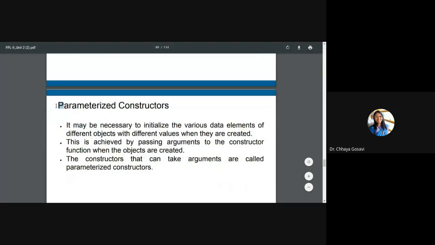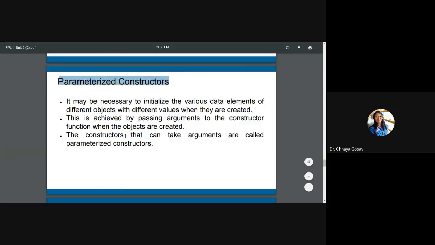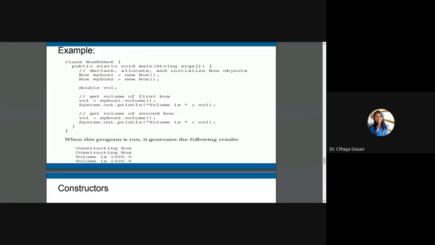When we pass parameters to a constructor, it is called a parameterized constructor. It may be necessary to initialize various data elements of different objects with different values when they are created. Like in this case, whenever you create an object, it automatically gets the value 10, 10, 10. So whenever I create any new object, it has the similar dimensions 10, 10, 10.